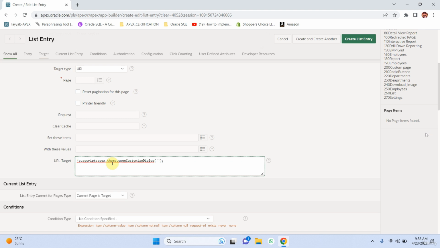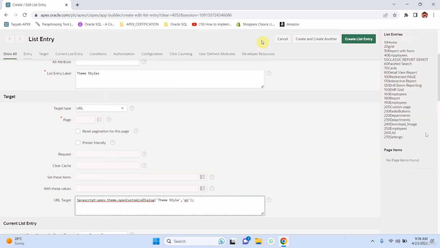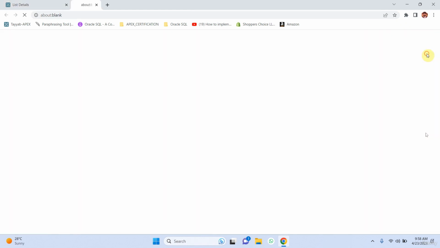The first one is theme style, and the second one is EN for English. Okay, so save it, create list entry, run your application,